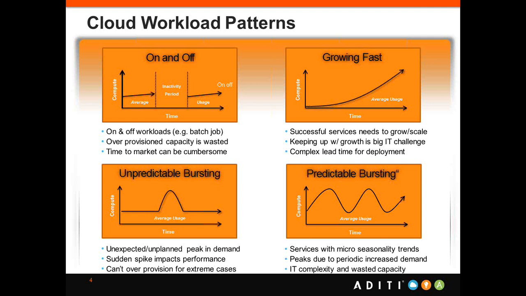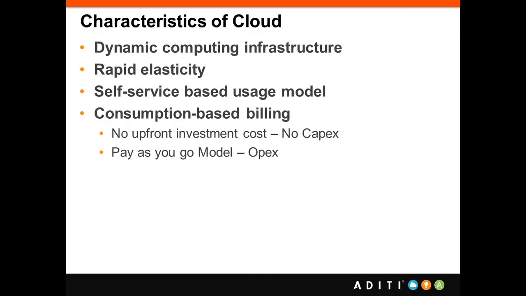After looking at these cloud workload patterns, we'll move on to specific characteristics of cloud. There are a lot of characteristics of cloud, but here we're just going to look into some specifics. Dynamic computing infrastructure: you have the computing resources like your server, CPU, memory, everything available dynamically. You don't have to block it and keep it in some data center and say whenever I need it, I'm going to use it. It's readily available for your usage. Rapid elasticity: if you want to increase your resources, it is rapidly available as well as elastic. You can just stretch it quickly and make use of it.